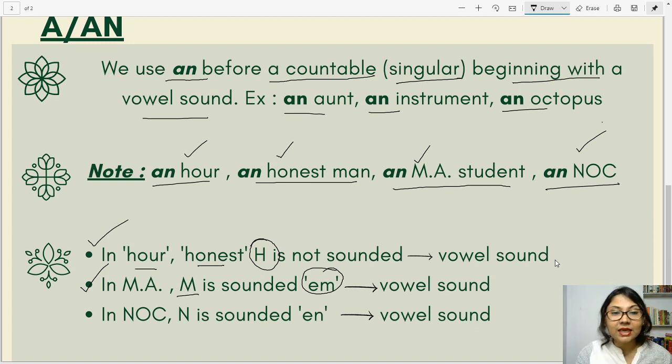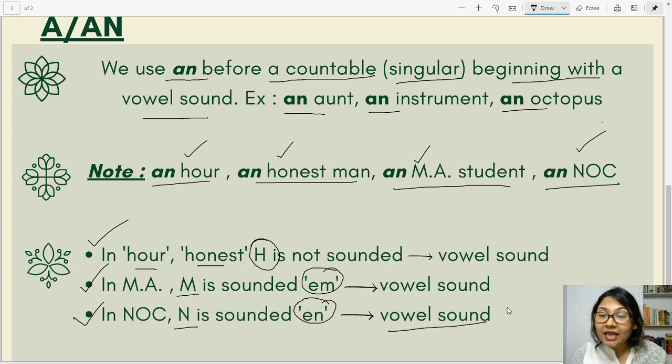That is why we say an MA student. Similarly, in NOC, N is sounded as en, and the vowel sound is E. NOC, an MA student, an honest man, an hour. Isn't it? Okay, let's move on.